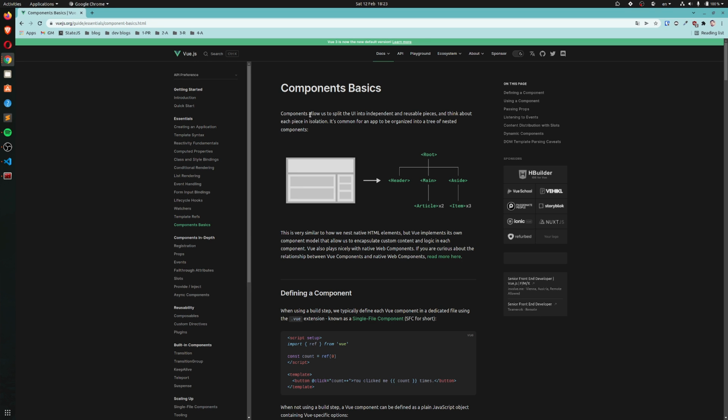Components allow us to split the UI into independent and reusable pieces, and think about each piece in isolation. It's common for an app to be organized into a tree of nested components. So we have a root and then three children, header, main, aside, and inside the main and the aside we